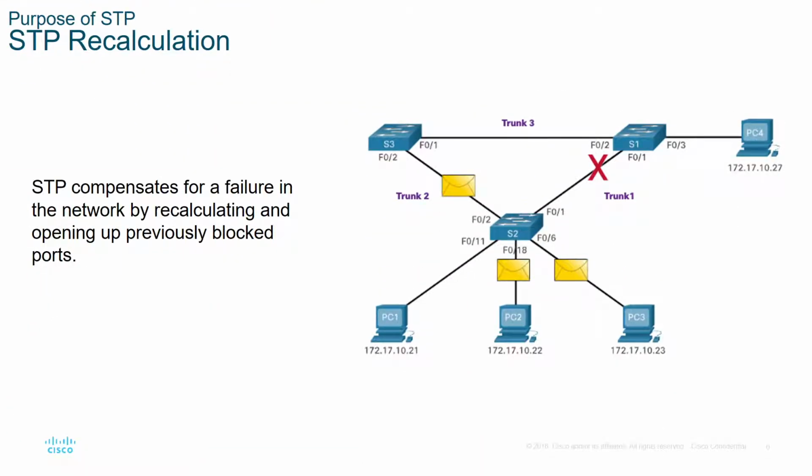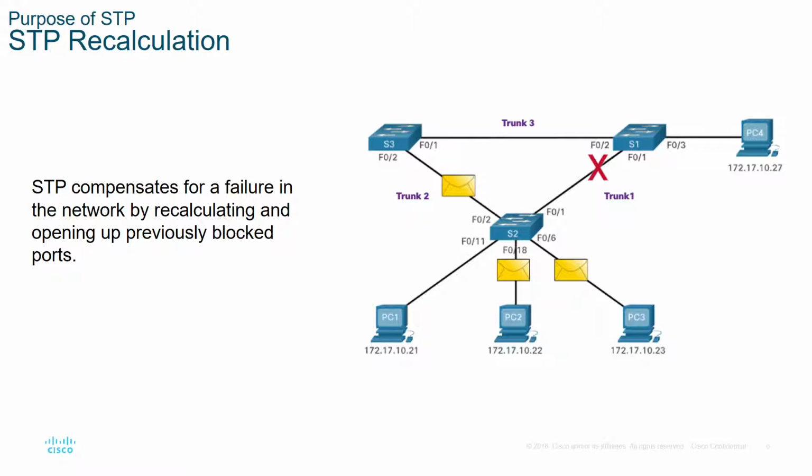So spanning tree protocol recalculation. Spanning tree compensates for a failure in the network by recalculating and opening up previously blocked network ports. Essentially, that trunk 2 port was blocked automatically. But if trunk 1 went down, then what spanning tree protocol would do is unblock it. So it would take the block off of trunk 2 in order to compensate automatically for the failure in trunk